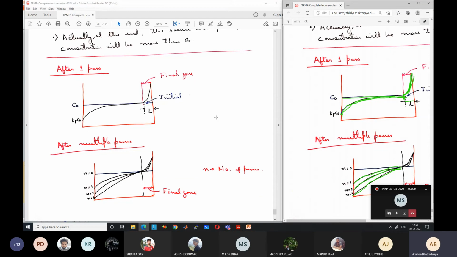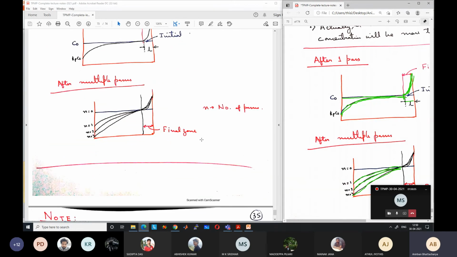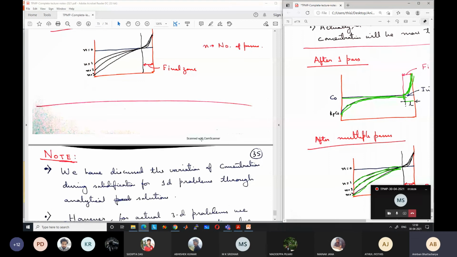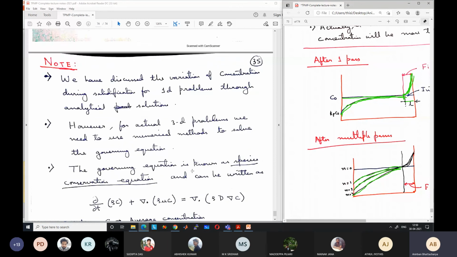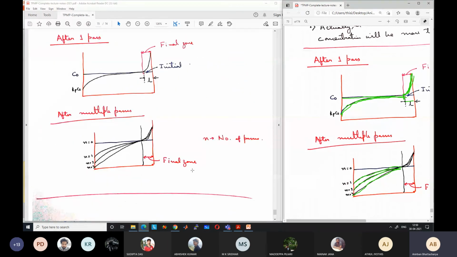Okay, so finally, what we have discussed in this part. I will just conclude the course now. The major part of my part was two special topics. One was the non-Newtonian fluid part, and the second was the concentration variation during solidification. Most of the normal syllabus was covered by Dr. Rath himself, so I only had to teach the two special parts.